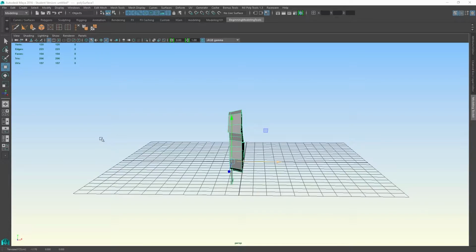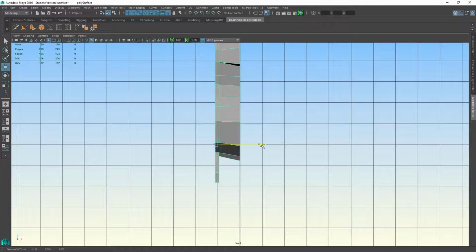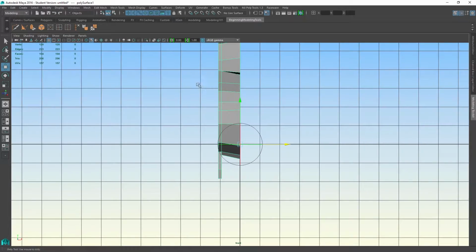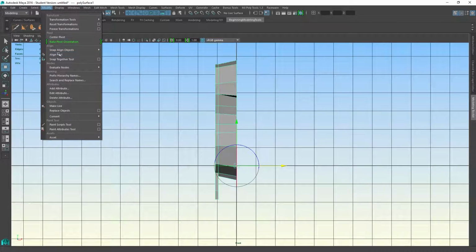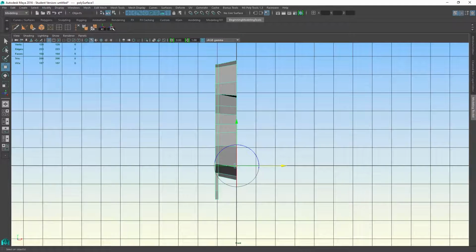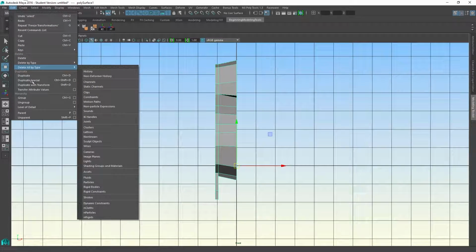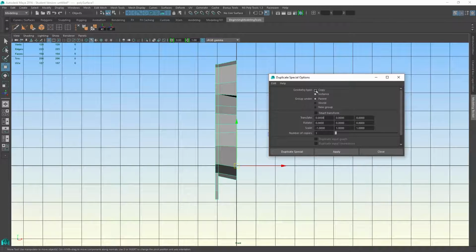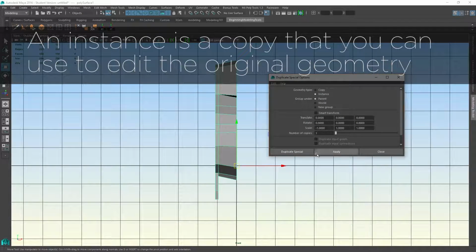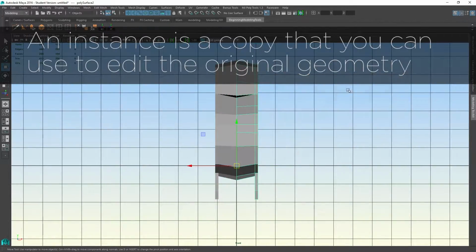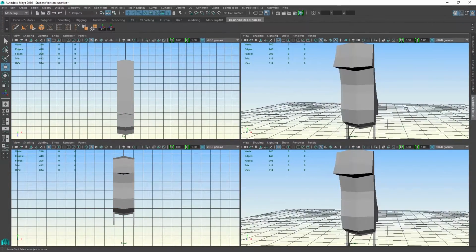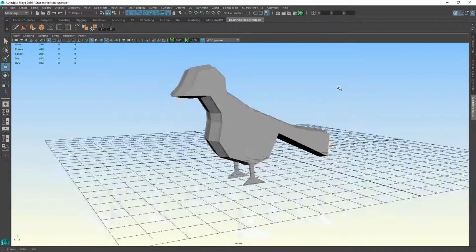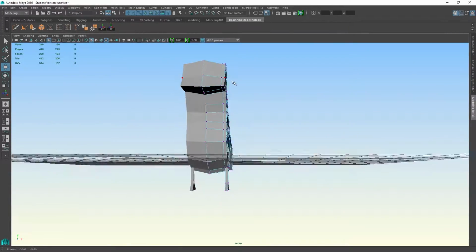What I would do is line it up in the front view like that, and insert the pivot point back to the x-axis. I'd go to modify, freeze transformations, put that on my shelf, and then go to edit, duplicate special, and keep it as an instance and scale it on the negative x. So there we have kind of a 3D bird guy that we could